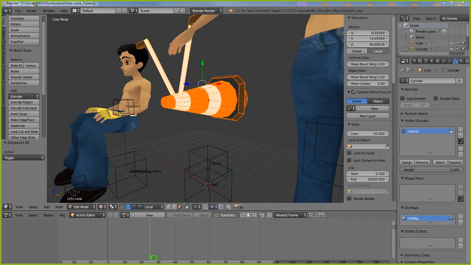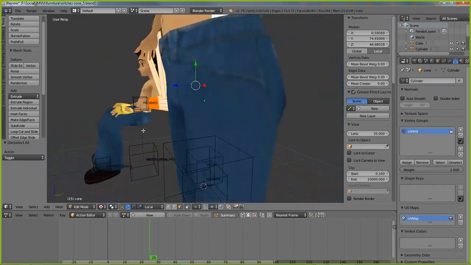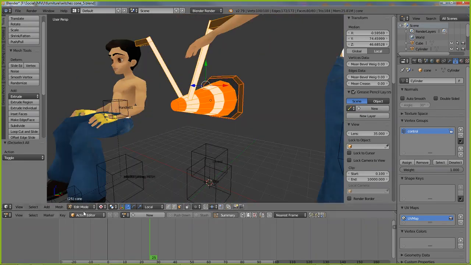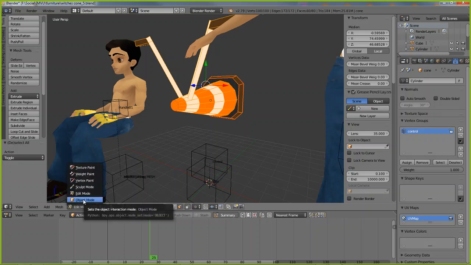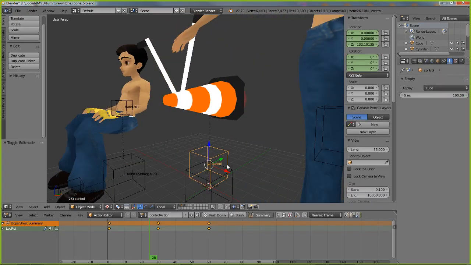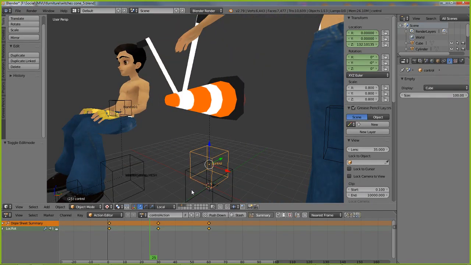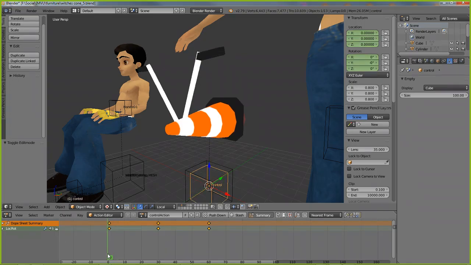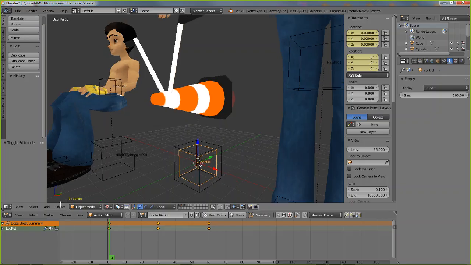So once you've got your vertex group assigned, all you then need to do is animate the node. And that's it. You don't need to animate anything else, just the specific node that actually controls the mesh. And for that,